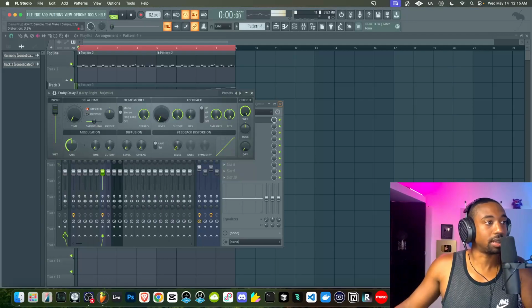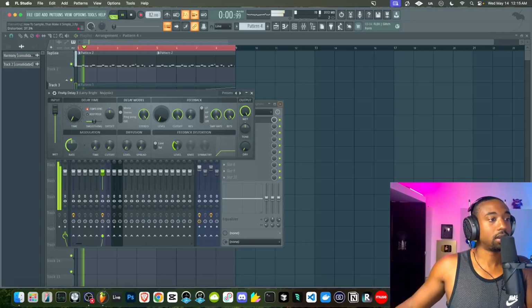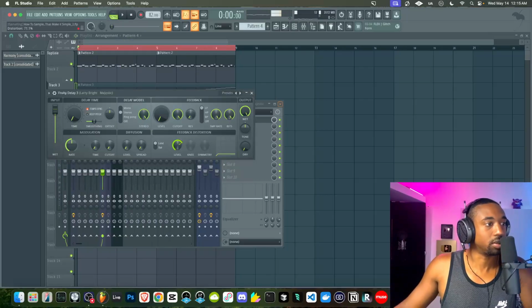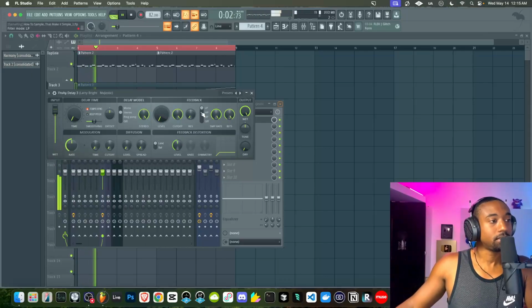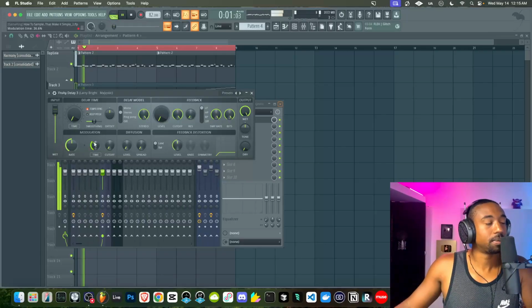So let's first start with the limiter, because I think this gives it that smacky sound. Also, the limiter might be better for the drums, but let's just use a little bit of it here. And let's add some time modulation here. This is the RC20 effect, the wobble effect. We can also add what's called stereo offset. So it's a time difference between the left and right here. Basically widening out the sound. And then you can manage the stereo field here.